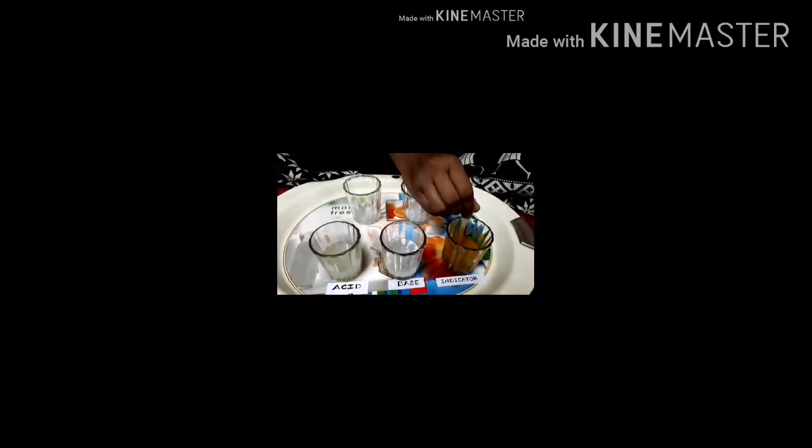Add a few drops of turmeric solution into each glass. Observe the color of each solution.